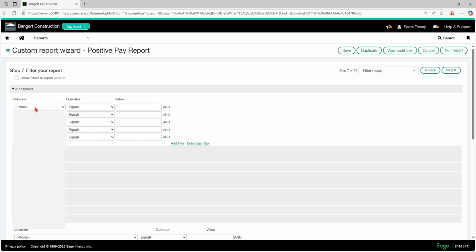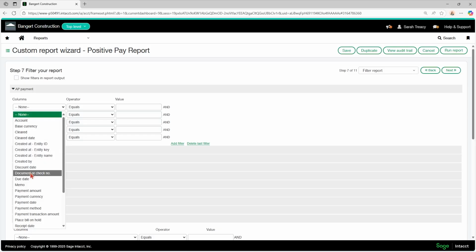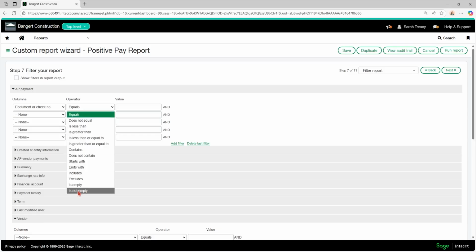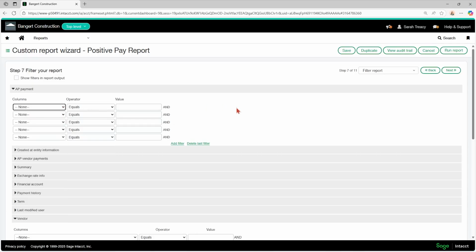So let's say you filter out by document number is not empty. So if the check number hasn't been filled in, it hasn't been printed, then you don't want it to show up or something like that. Or like what we saw before when we were doing selected for payment through views, you can also create a custom report for that. And you could filter out by your state equals selected. Or, if you wanted to see posted payments, posted, different things like that.